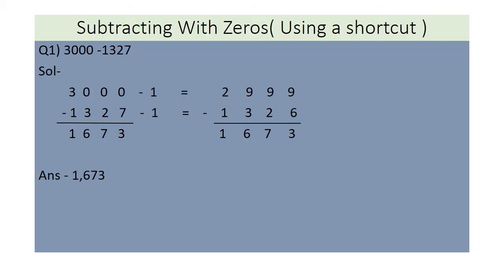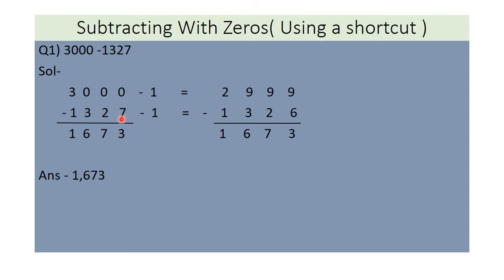Now we are going to check how we can subtract with zeros. So here we have to subtract 1,327 from 3,000. Simply you can see that we do not have enough ones, tens or hundreds. So what we are going to do, we are going to take carry from this 3, right? So this 3 will give 1 carry to this 0, it will become 10. This 10 will give 1 carry to this, it will become 9, and this has become 10 now. It will provide one more carry to this 0, this will become 9, this will remain 10.